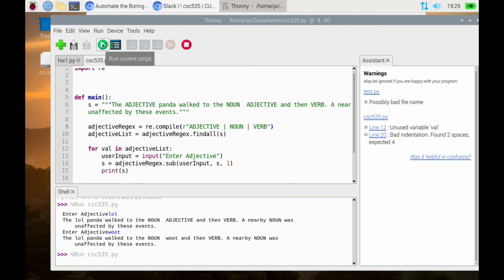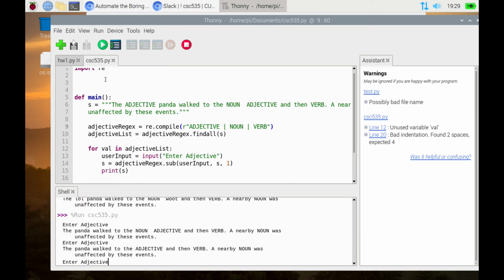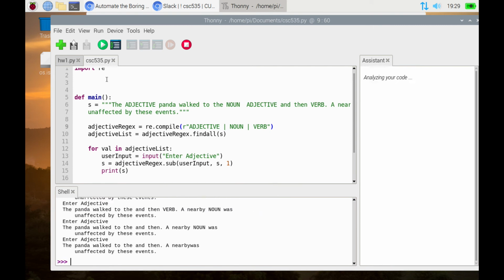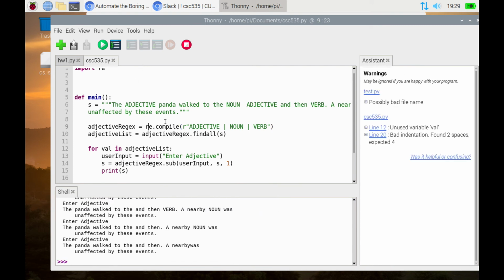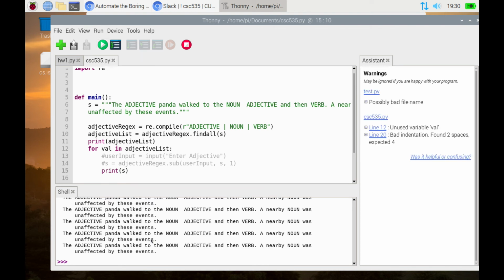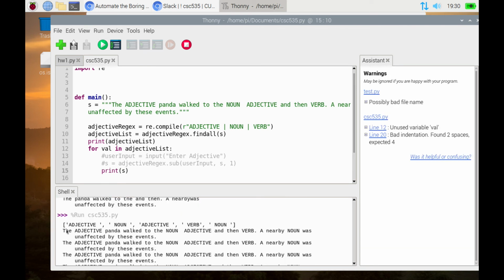Let's just make it for the 3 for a second. And I'm not going to get user input for, just leave it at that for a moment. So there's adjective, noun, adjective, verb,